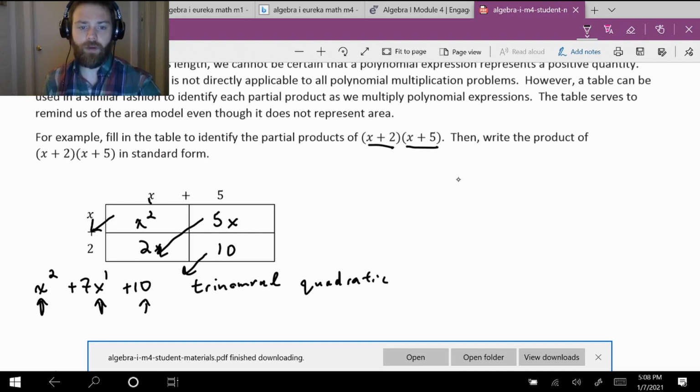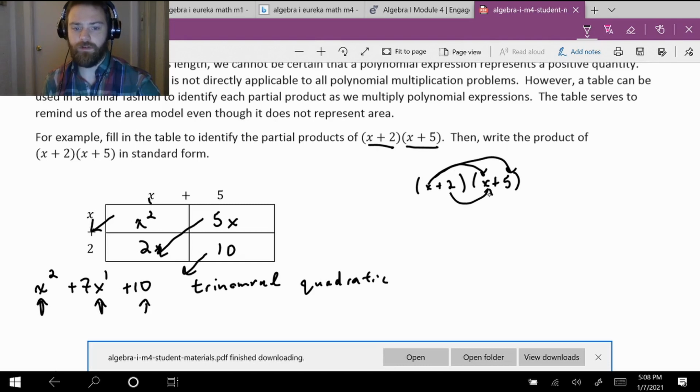So there's another way I can multiply these. I can take x plus 2 times x plus 5 and then distribute this stuff out. So x times x and x times 5, 2 times x and 2 times 5. So I've got x squared plus 5x plus 2x plus 10, okay? So then I can combine these two like terms, and this is the exact same thing, just a different way